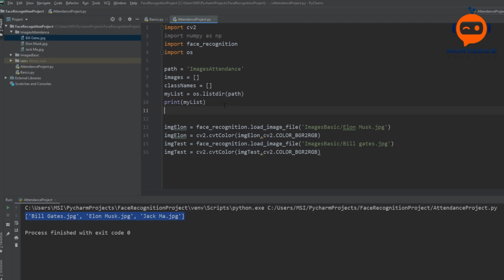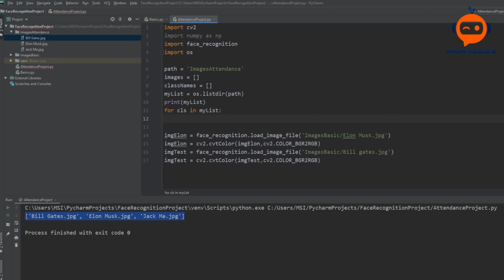So next we are going to use these names and import the images one by one. So we can write here for cls, which is our class, in our my list, we are going to import each of the classes. We can use the load image, but here we are going to use the normal imread function that comes with OpenCV.